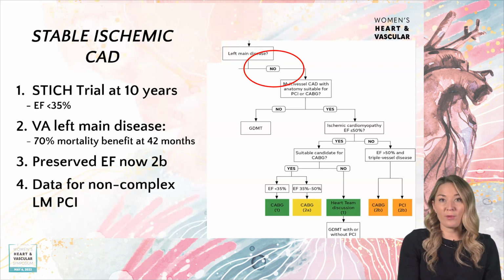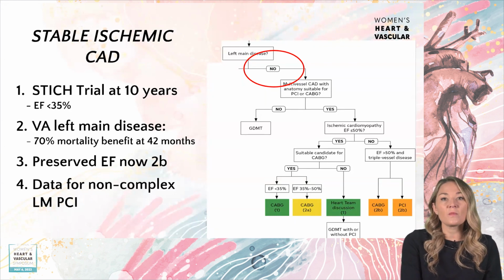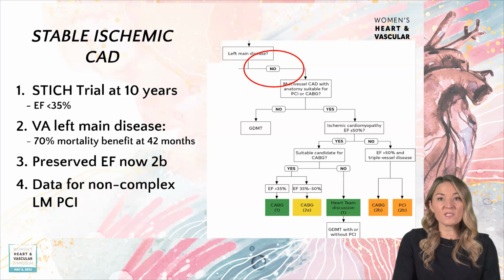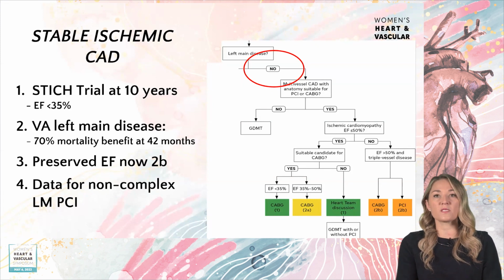So if they don't have a cardiomyopathy, they have 3-vessel disease, but their ejection fraction is 55%, then you can consider bypass or PCI. Again, symptom management is paramount usually when we talk to these patients in the office, really making sure that their symptoms are well controlled if you're not going to go down the bypass route. There is some data more recently for non-complex left main PCI, meaning maybe ostial left main or ostial to mid left main disease, that can be better treated or equally as treated with outcomes similar to bypass.